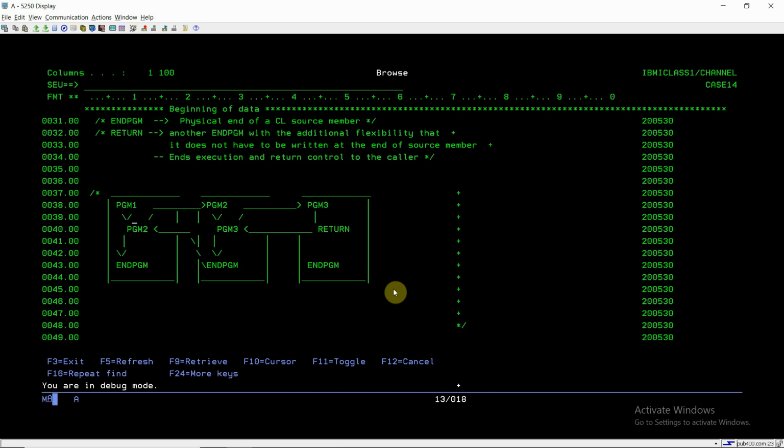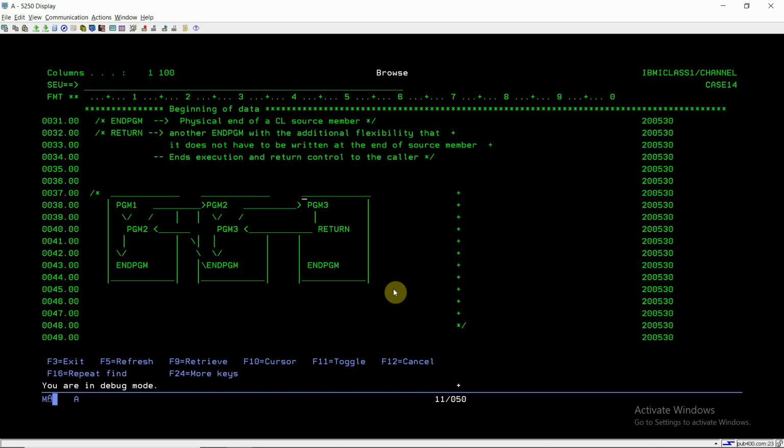So here I am creating a case of pgm1, pgm2 and pgm3. So there are three programs. From pgm1 I'm calling pgm2 and then ENDPGM, and from pgm2 I'm calling pgm3 and then ENDPGM, and from pgm3 I'm using the RETURN before the ENDPGM.